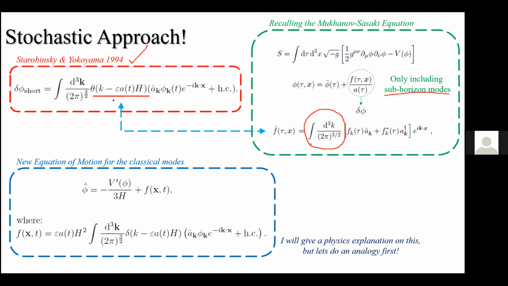On the other hand, Starobinsky did the same thing, but they simply added a state function into these fluctuation modes. This state function is the same. They only consider the subhorizon modes in this fluctuation. But the interesting thing is, if you consider the equation of motion including the superhorizon modes, you will find this